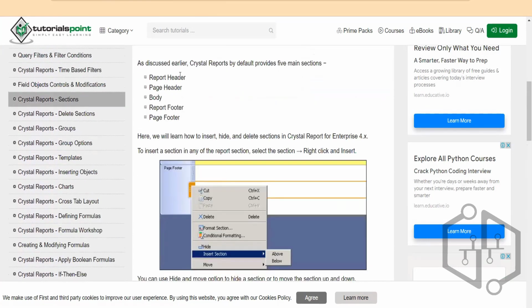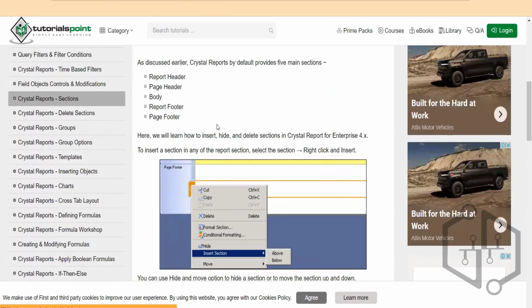Crystal Reports by default provides these 5 main sections: report header, page header, body, which means the data, report footer, and page footer. These are the main 5 sections. If we want to add some more sections in between these, then we can insert a section in any of the